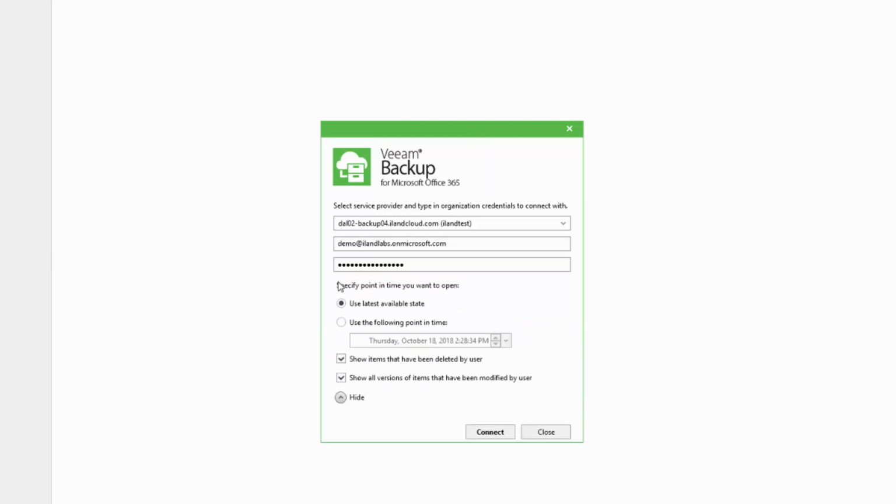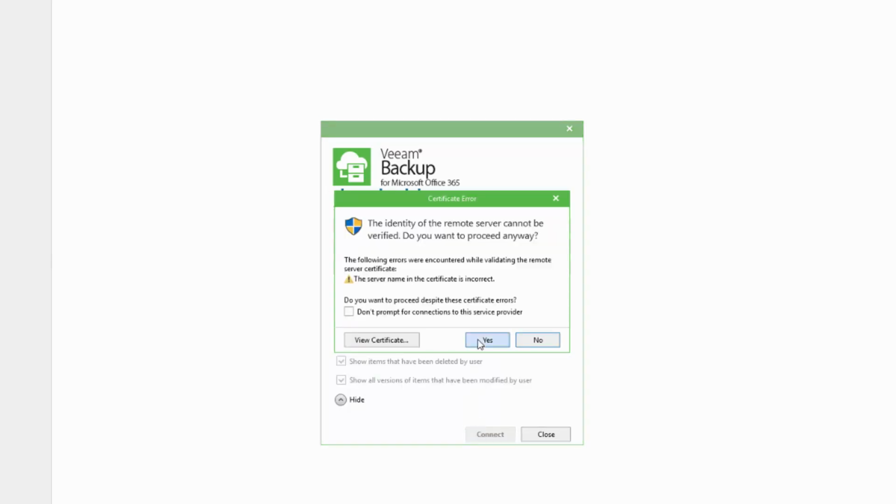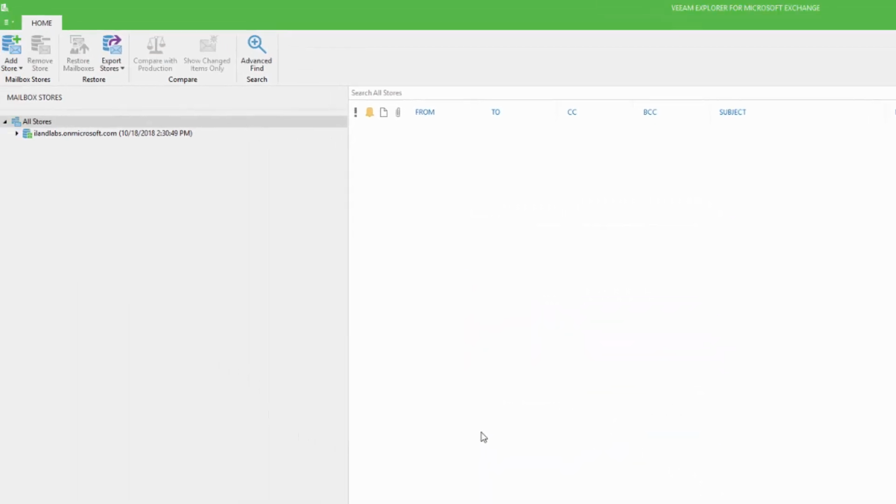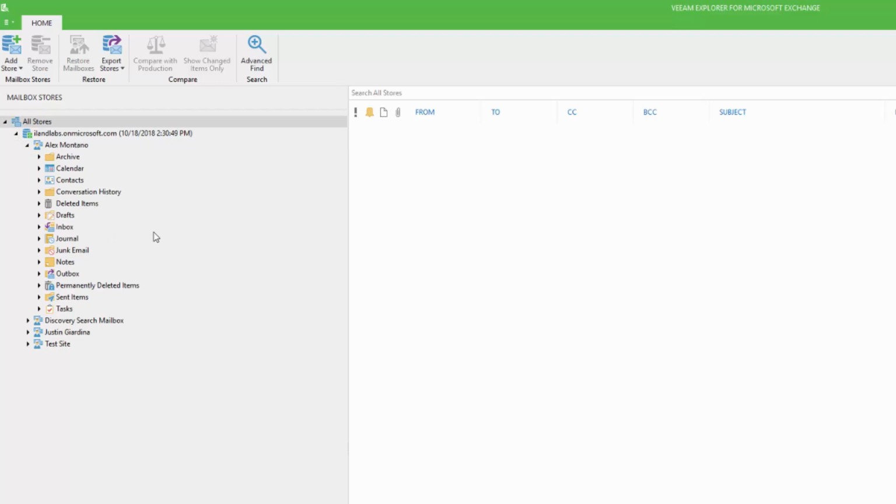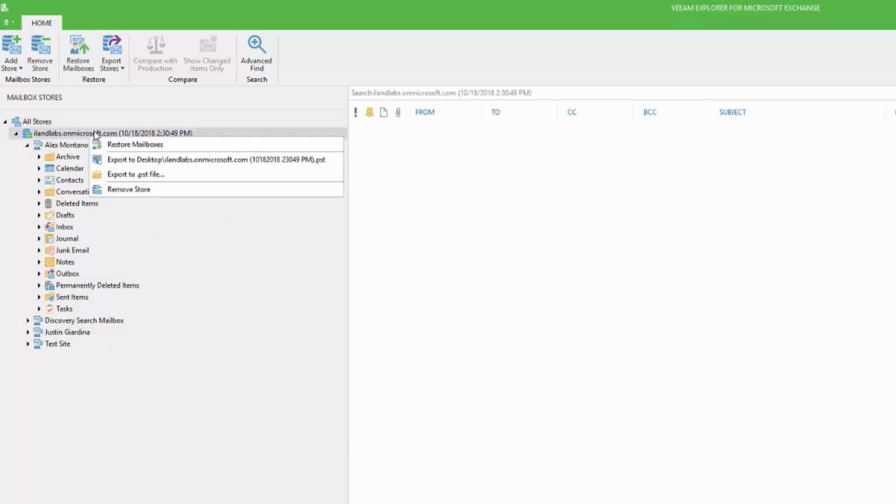You can choose a specific point in time, or you can just use the latest available backup. Go ahead and click Connect. We can view the certificate and continue. And here you'll see the mailbox store show up under all stores. From here, you can browse through users, mailboxes, inboxes, deleted items, whatever it is that has been backed up from your user accounts. If you want to restore entire mailboxes to the store in place, just right-click on the store,